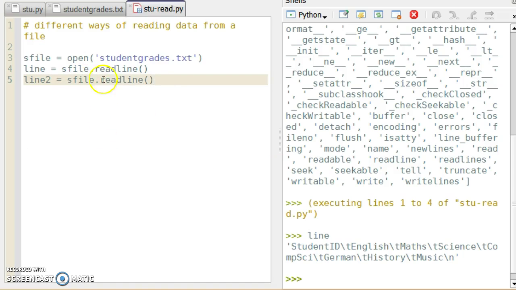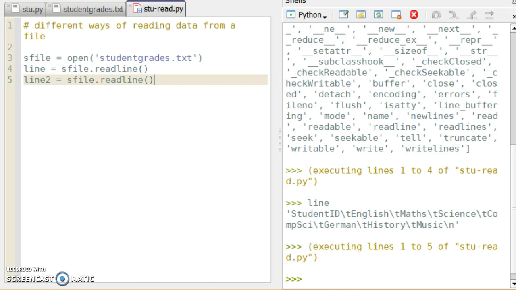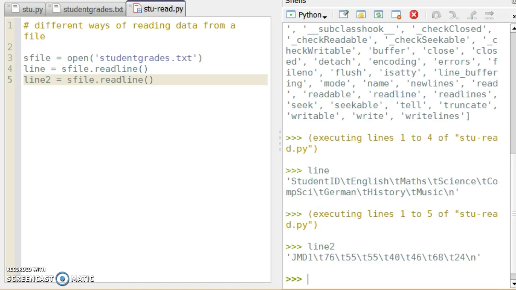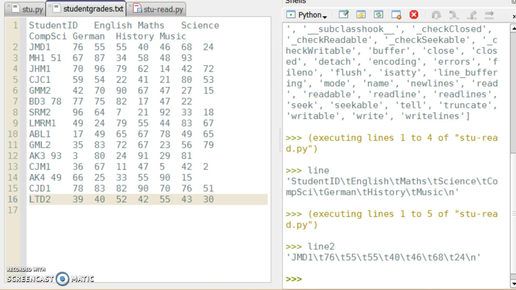And I can read line again from my S file and run this program. And now if I see what's in line 2, I get the second line. It can tell that it's the next line because it looks for the new line character. So the first line gives me the headings and the subjects, and the next line gives me the data to